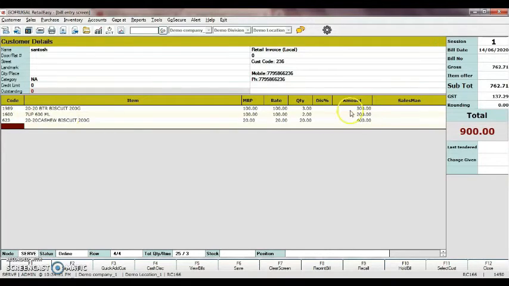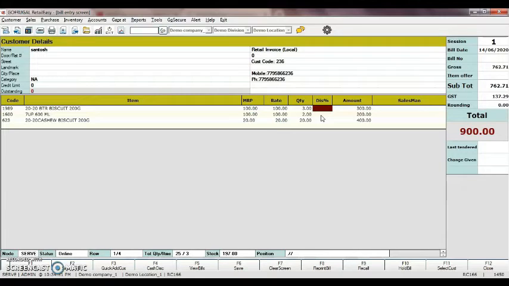So you can also give the discount either in terms of percentage or in terms of amount. You can also give discount based on item or for the overall bill amount. In supermarkets, usually one major issue that happens is the hold billing.